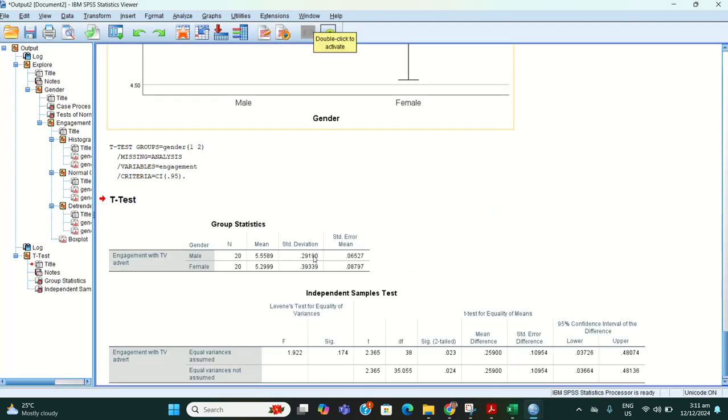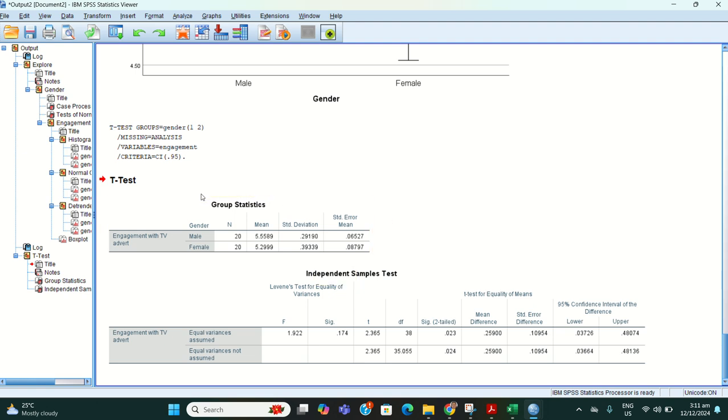So we have here the t-test. This is the group statistics, and this is the output table. The group statistics is our basis for interpreting the results. The significance here should be less than 0.05.